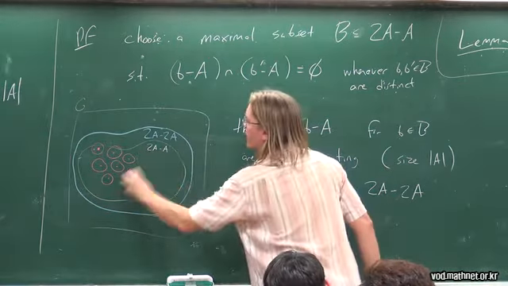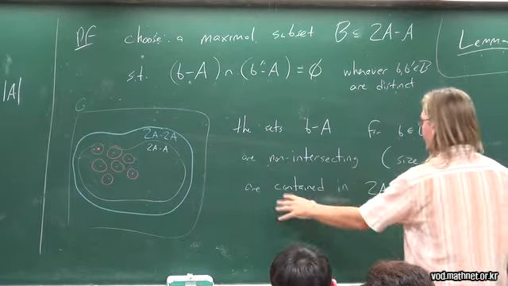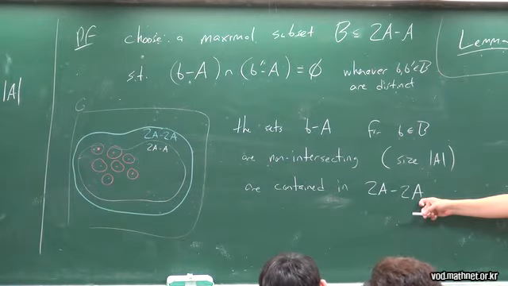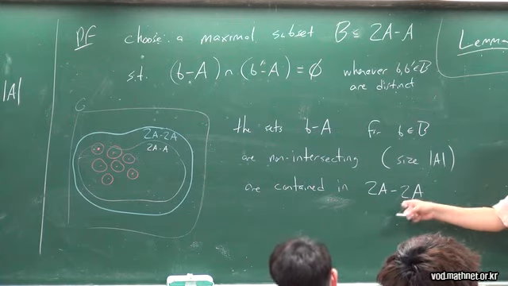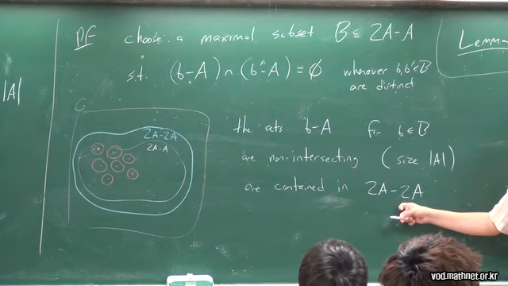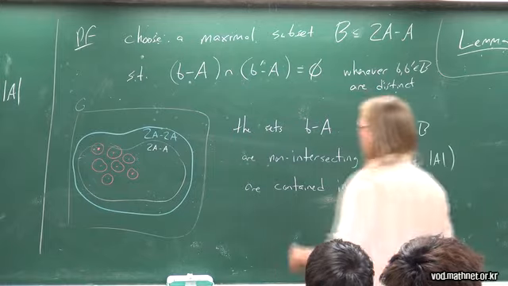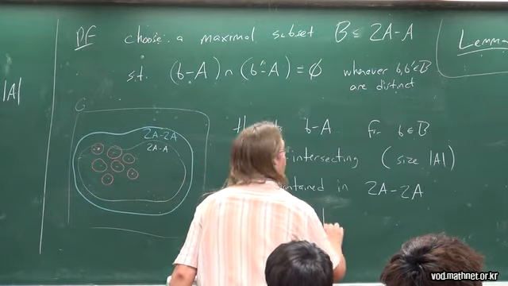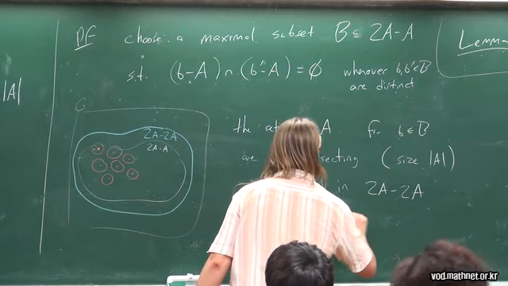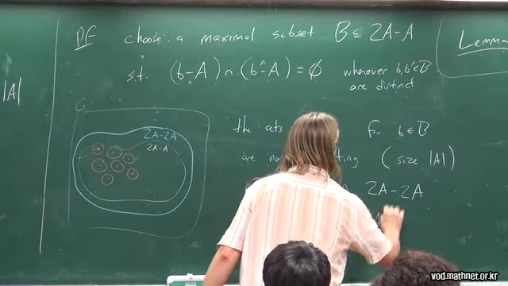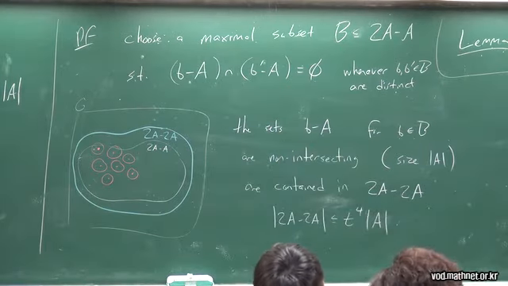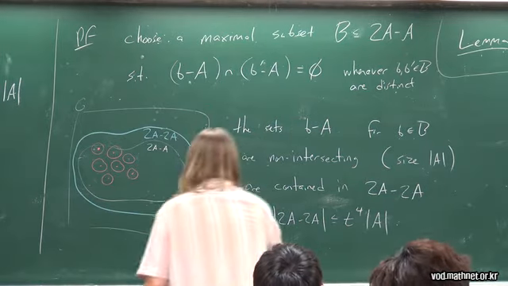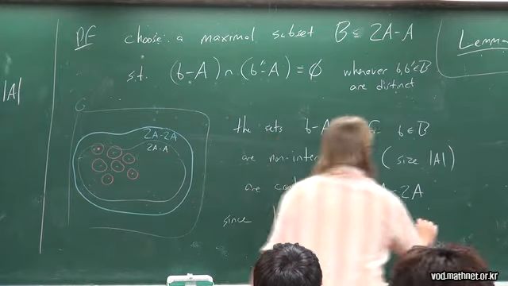Okay, so I've got this nice ball packing. These sets are non-intersecting. They're all contained in this. But the good news is I've got control over how big this set is, right? So I've got a whole bunch of sets, all of size A, and they're all disjoint, and they live in this set. So since the size of 2A minus 2A is at most t to the 4th times the size of A, thanks to this bound,